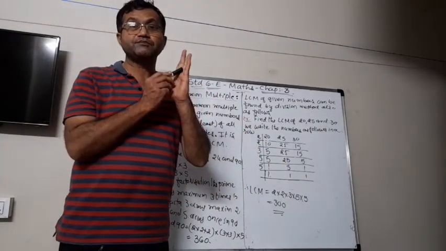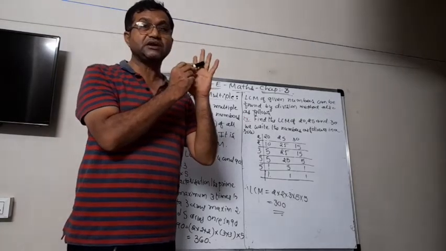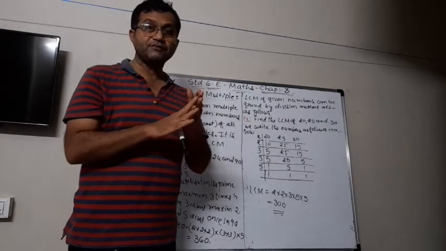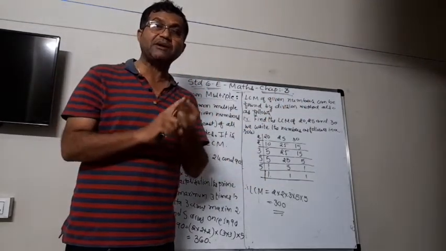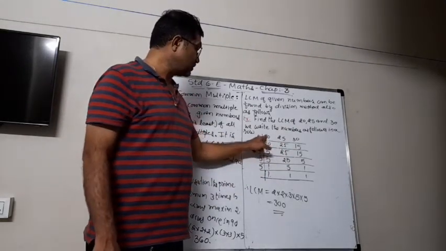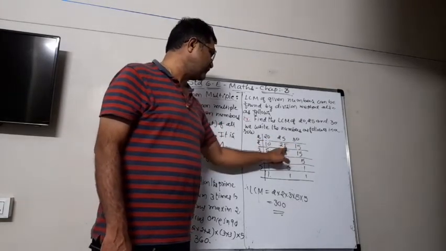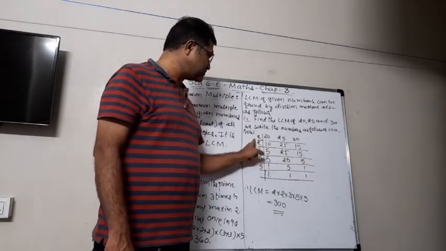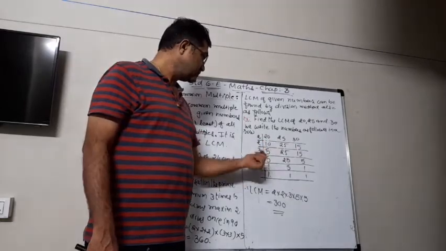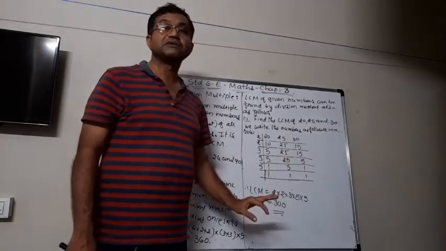But remember, you have to start with the lowest prime number, 2. If it is not divisible, then 3, then 5, then 7 and so on. And if any of the numbers is not divisible by that prime factor, you write it down as it is, as I did here. Only 20 and 30 are divisible by 2, so we wrote 10, 25 and 15. Then here only 10 is divisible, so 25 and 15 we write as it is. Then 3: only 15 is divisible by 3, so 5 and 25 remain the same.